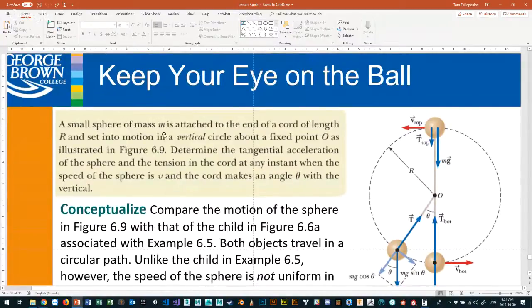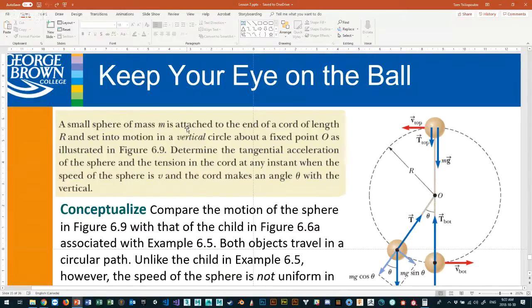So here we've got a small sphere of mass m attached to a cord of length r, some kind of radius, set in motion in a vertical circle about a fixed point O, as illustrated. Again, once you hear a vertical circle, that means vertical motion. Vertical motion is